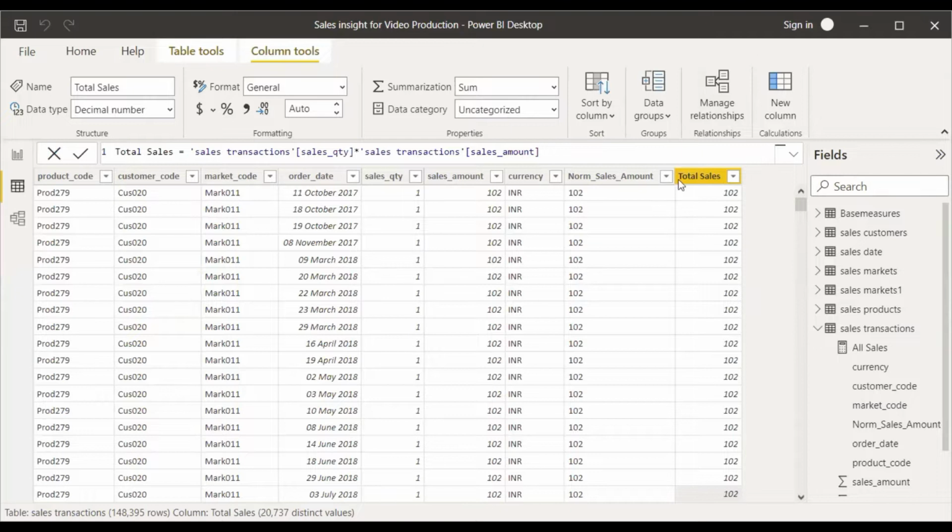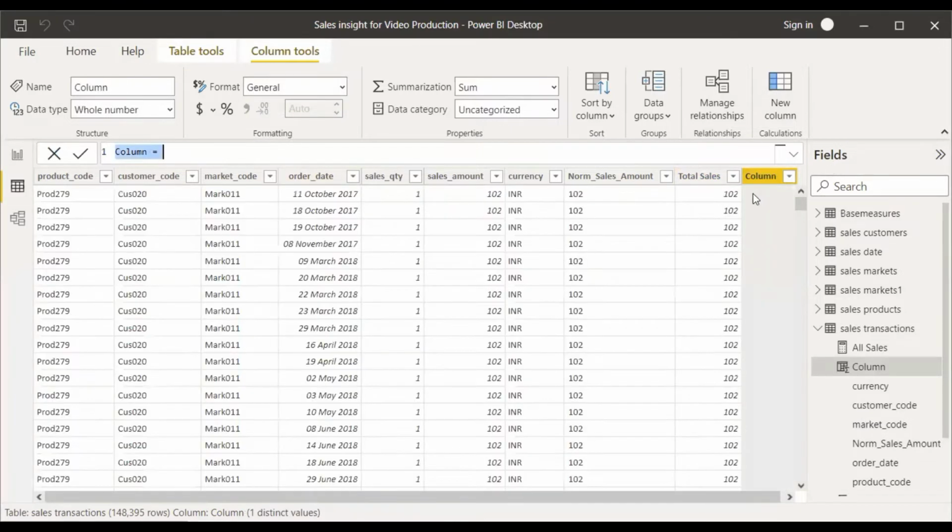The way you can add a calculated column is the new column here, and then you can put a formula in which calculates the total sales. In this case, sales amount times the sales quantity. Fine. For example, total sales 2